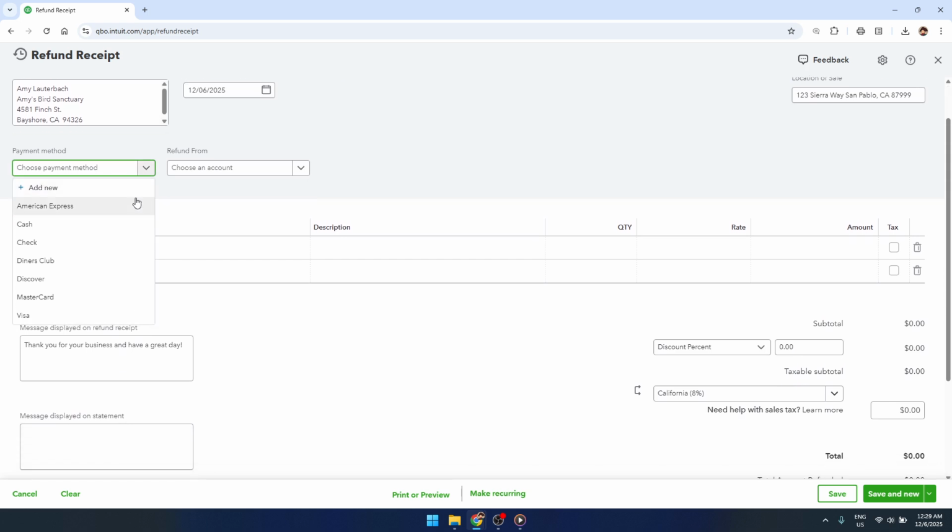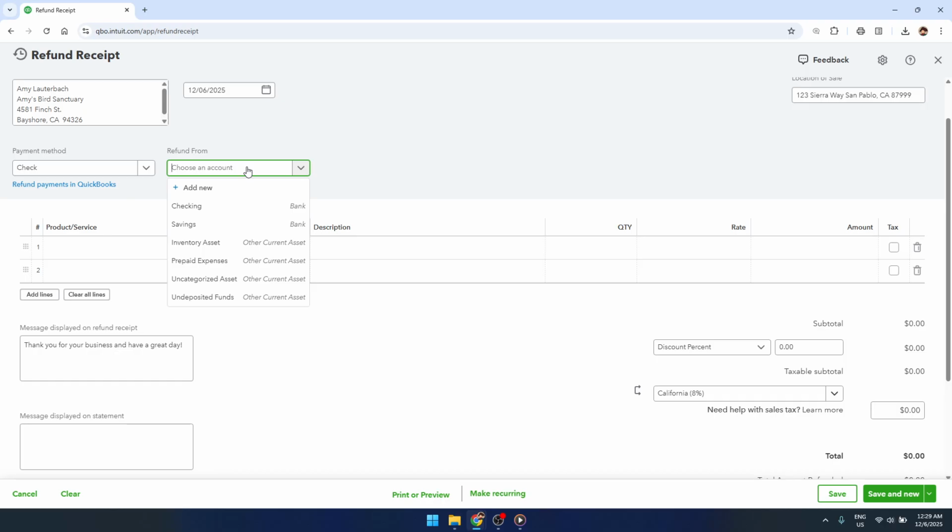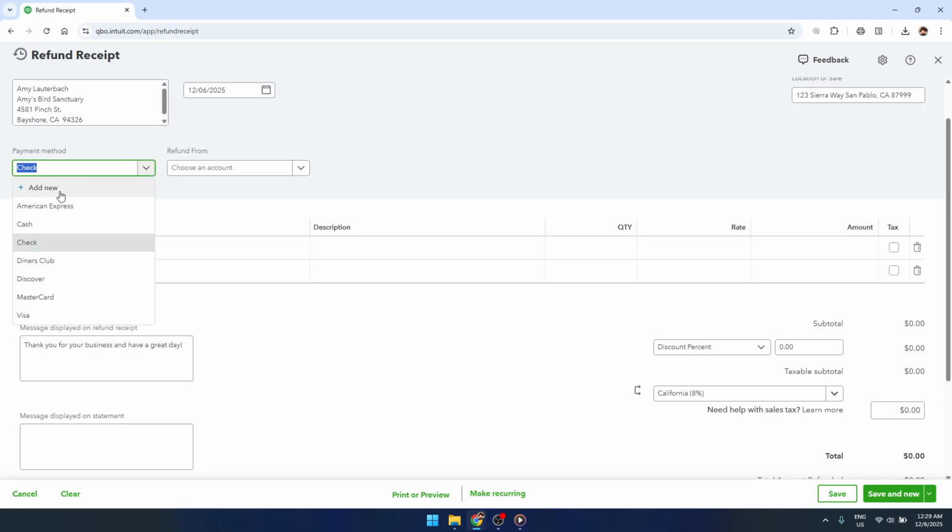After that, choose how you're refunding the customer under payment method. You might see options like credit card or direct debit, and you can also use Add New if your preferred method isn't listed yet. If you're issuing a credit card refund, you may have the option to type in the customer's card details directly or process it through a connected card reader, depending on how your QuickBooks account is set